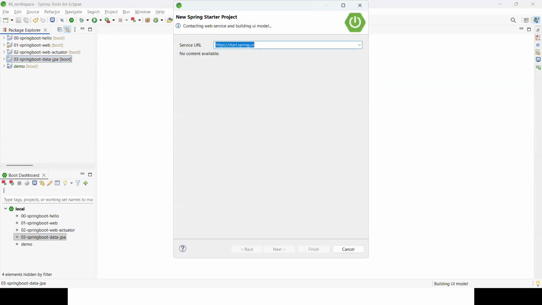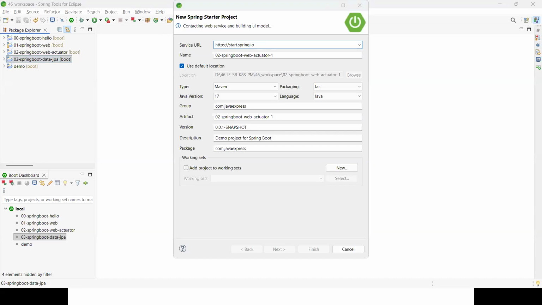Spring Starter project. Now, you guys tell me: if I want to communicate to the backend, deploy my application into a server, communicate to MySQL, I need database dependencies, and I want to monitor my application, what are the dependencies I should add in my project? You guys tell me now. MySQL, Actuator. First let me try to create the project.